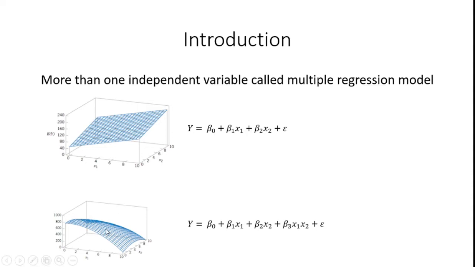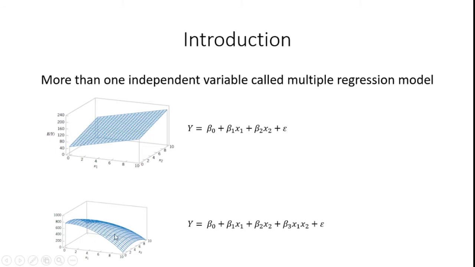Also, my model may have some interaction effect. If x1 varies, the response behaves something like linear, it increases, and x2 acts differently, also incrementally, but when x1 and x2 both act on the response E of y, it may look like a curvature, so that we can't use this equation, y equals beta naught plus beta 1 x1 plus beta 2 x2 plus epsilon.